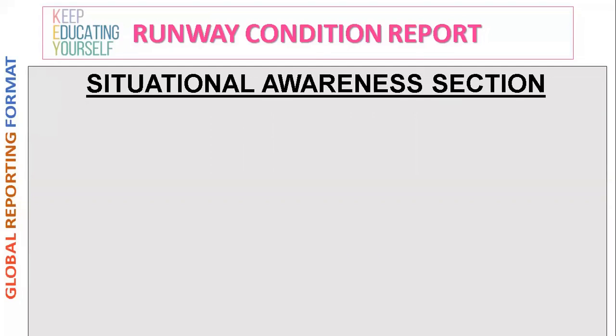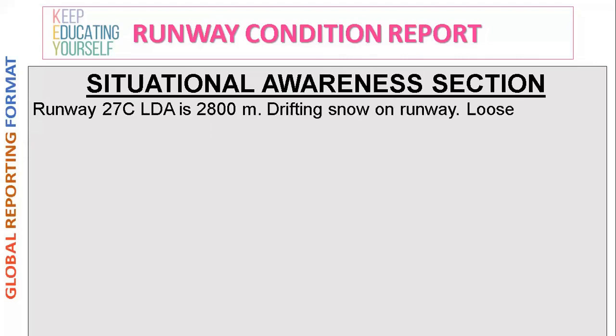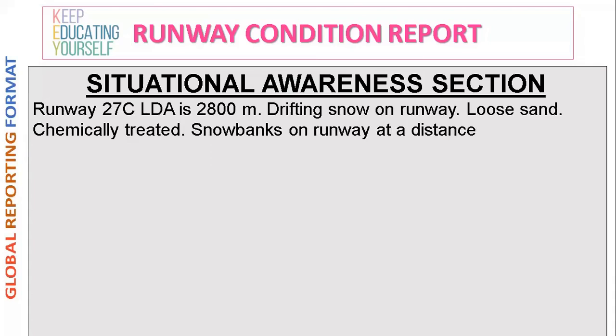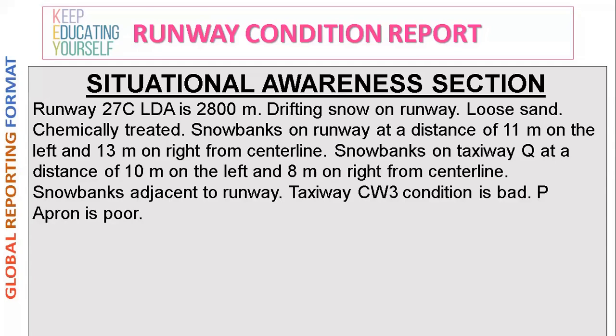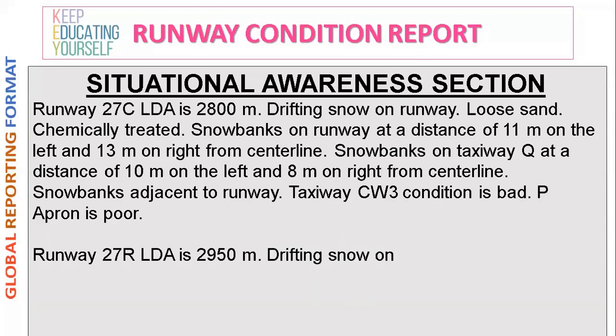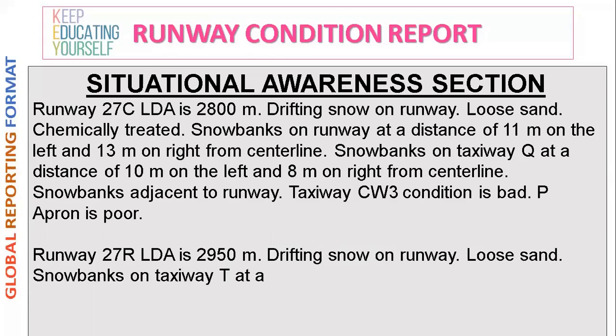Now we will go ahead with the situational awareness section. Suppose we have been given runway 27 Charlie, landing distance available is 2,800 meters, drifting snow on runway, loose sand, chemically treated, snowbanks on runway at a distance of 11 meters on the left and 13 meters on the right from center line, snowbanks on taxiway Quebec at a distance of 10 meters on the left and 8 meters on the right from center line,